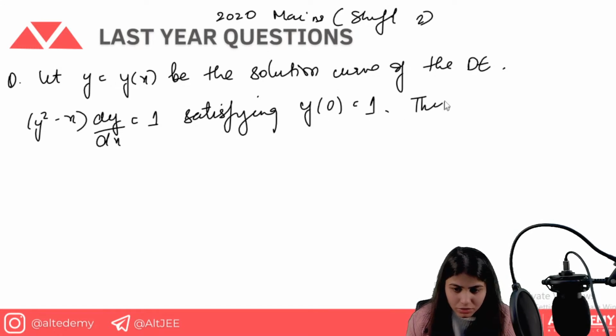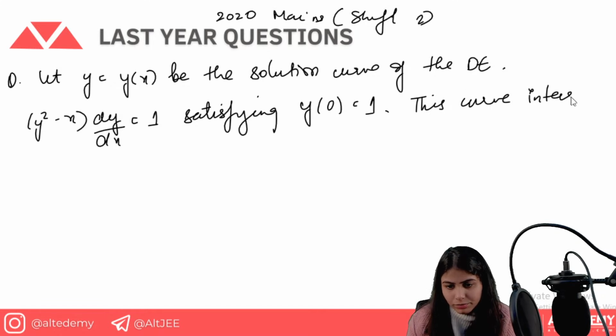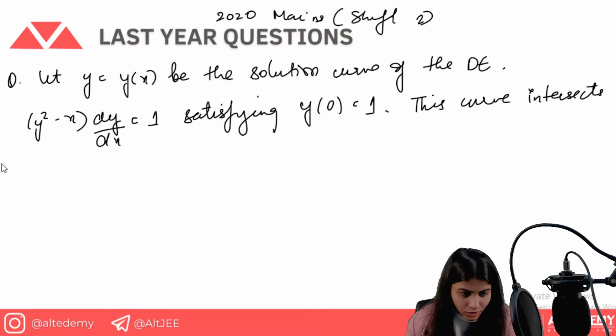So this curve intersects the x-axis at a point